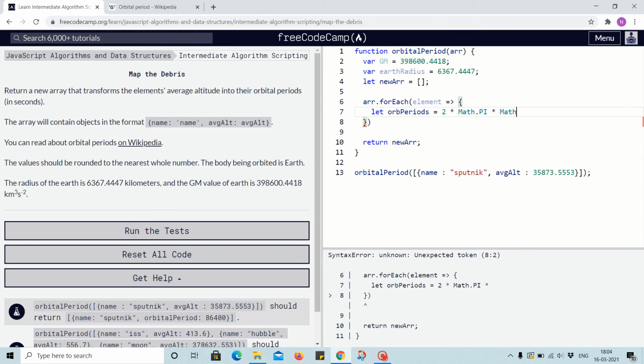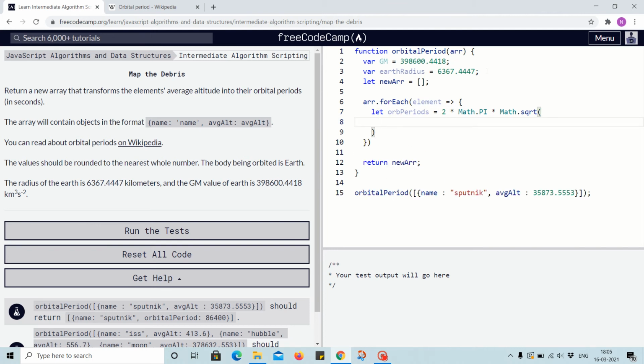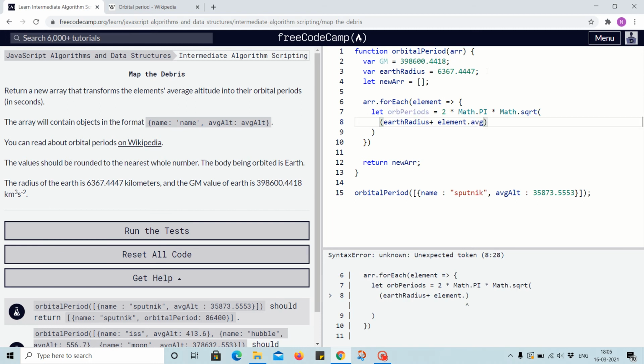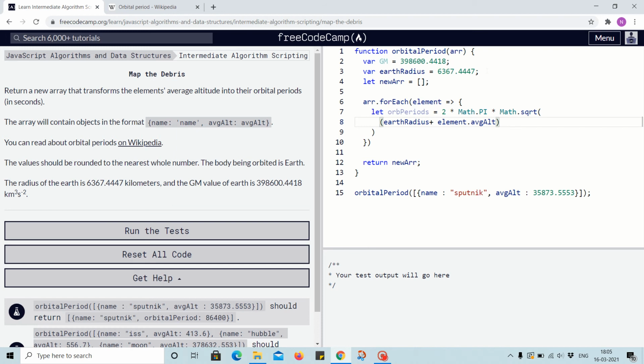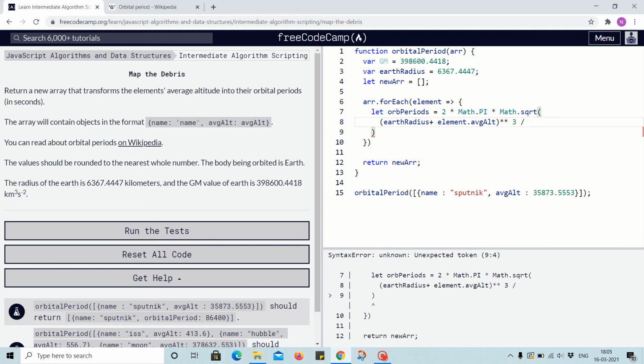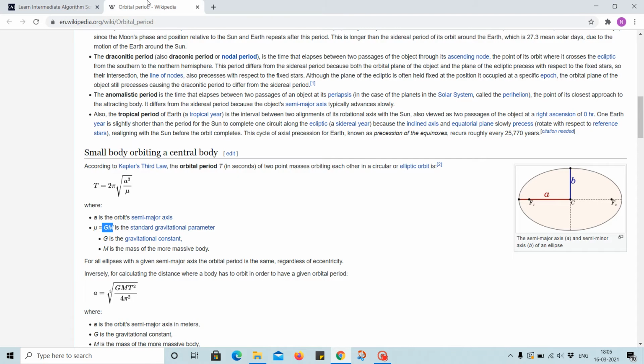into Math.sqrt, and inside that we will have earthRadius plus element.avgAlt to the power 3, and this whole thing will be divided by GM. Inside Math.sqrt we will have division by GM, right? Yeah,